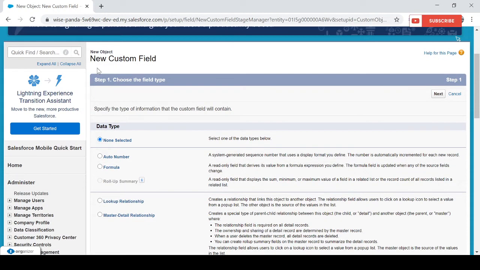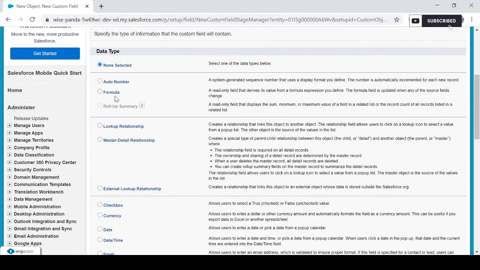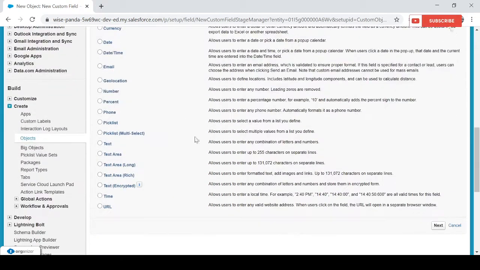Here it's showing a number of data types like auto number, formula, roll up summary. Here we can't choose roll up summary, so we will discuss why it's disabled in an upcoming video. Here it's showing lookup and master detail. Then we can create date, time, email related fields. Also text related fields are available like text area, time, URL.